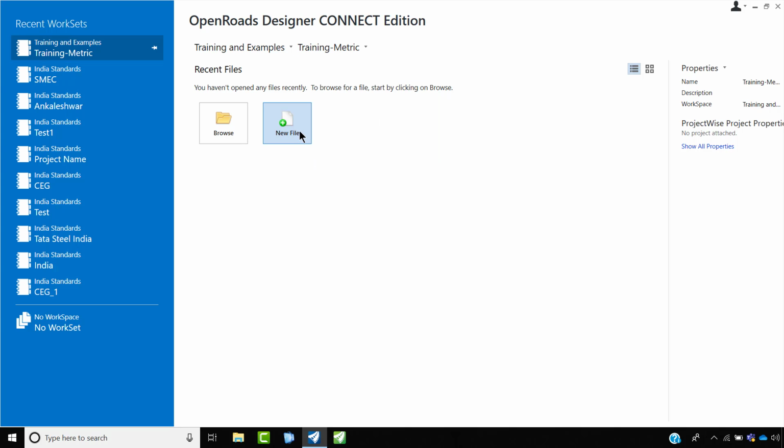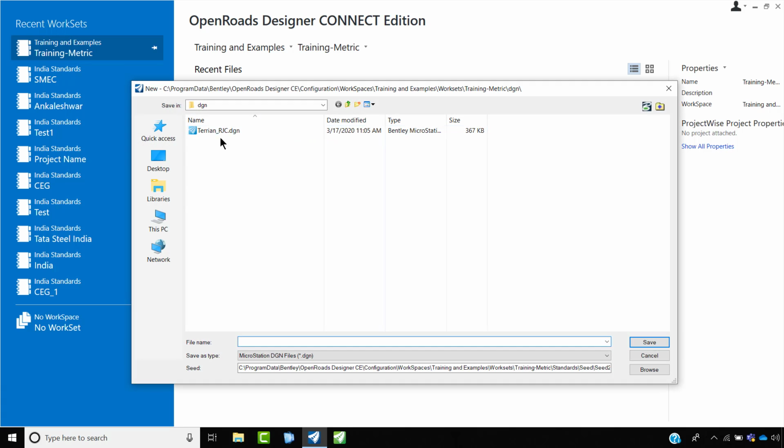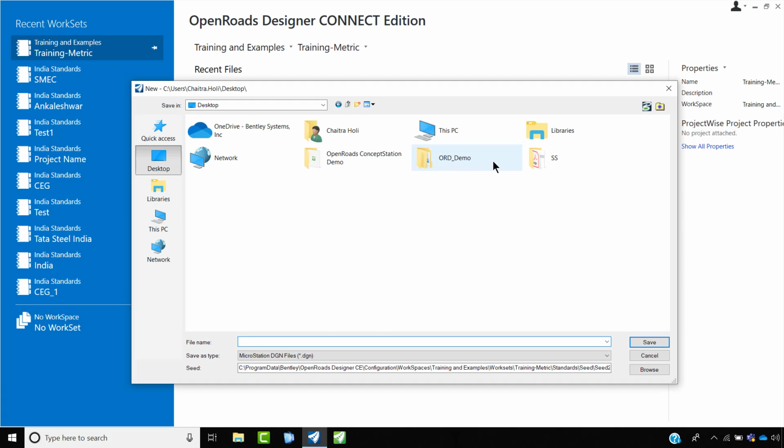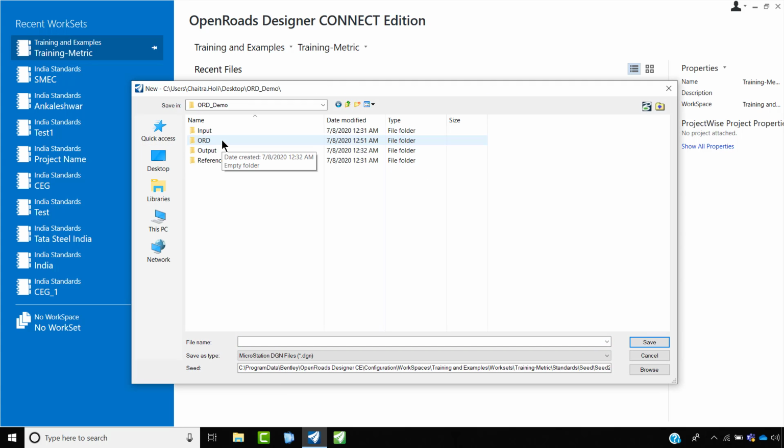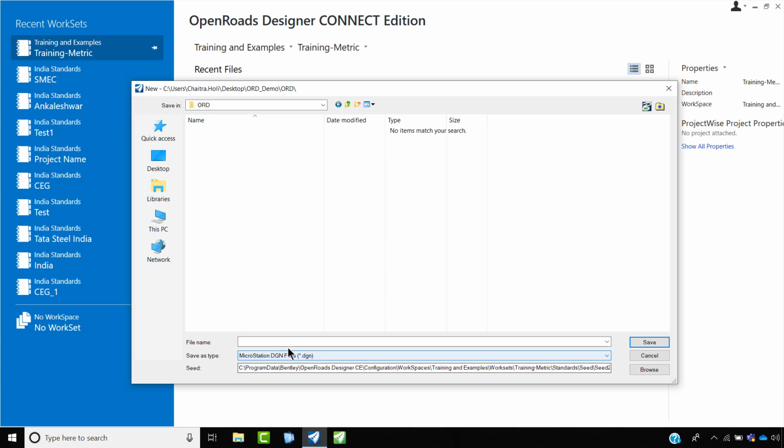And now I'll go ahead and select a new file in the ORD demo, ORD folder. Over here, I am going to create a DGN file for a terrain, in order to import the TIN file which was exported from OpenRoads ConceptStation. I want to get that into OpenRoads Designer. So I'll create a DGN